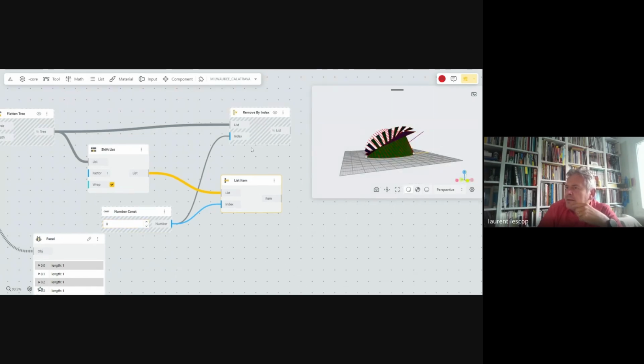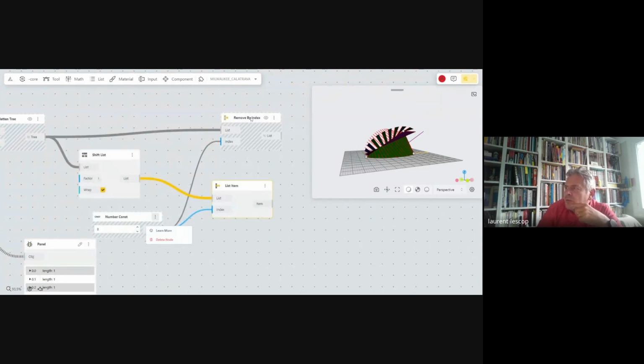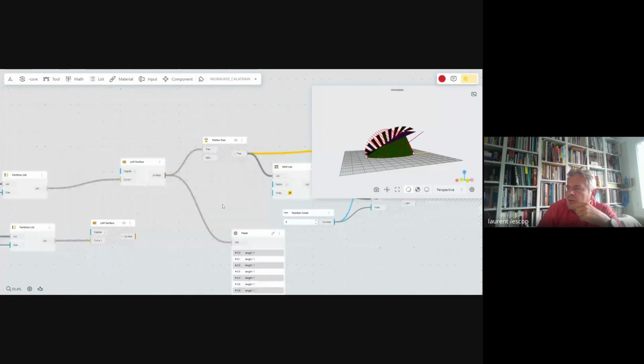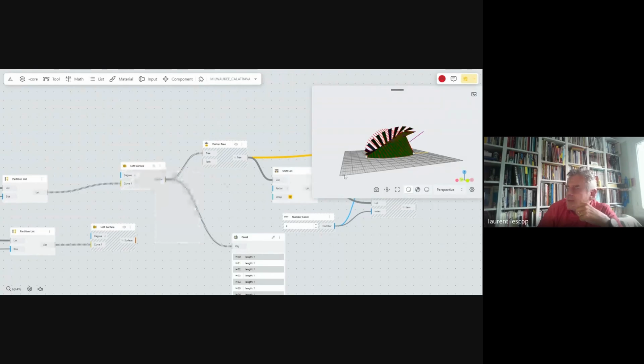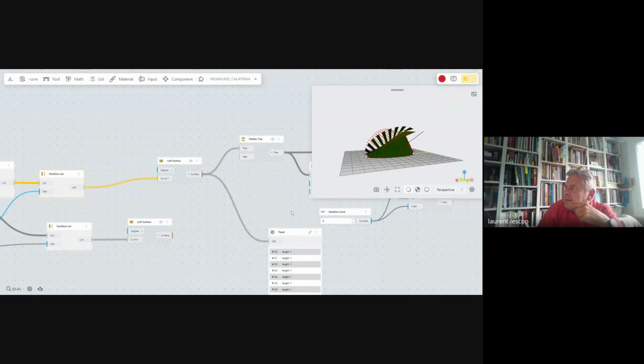Okay. So button 3 locked. This is hidden. Okay.